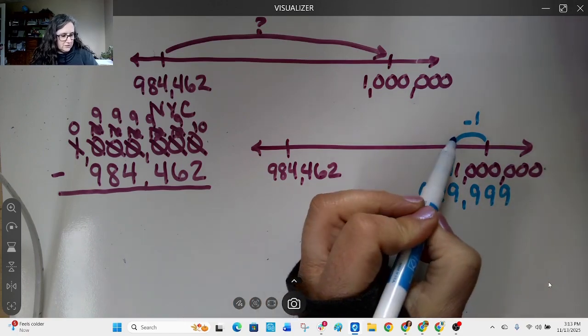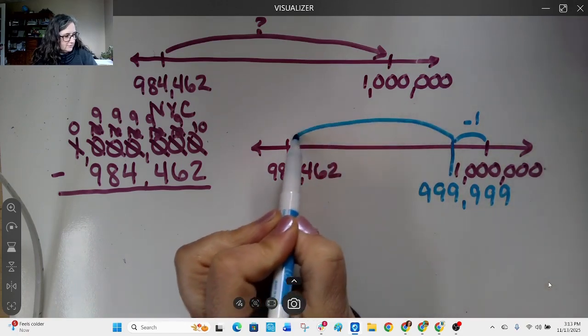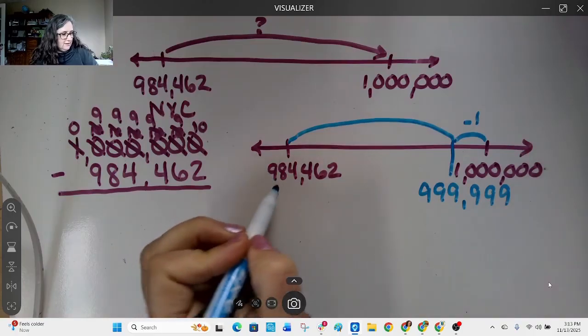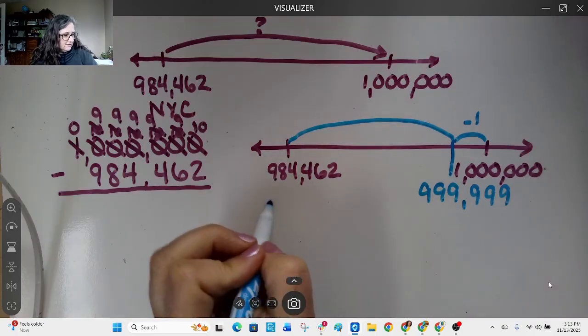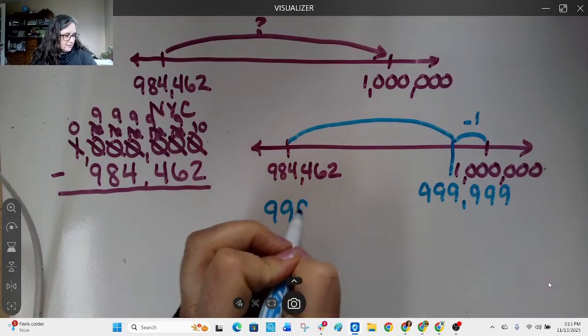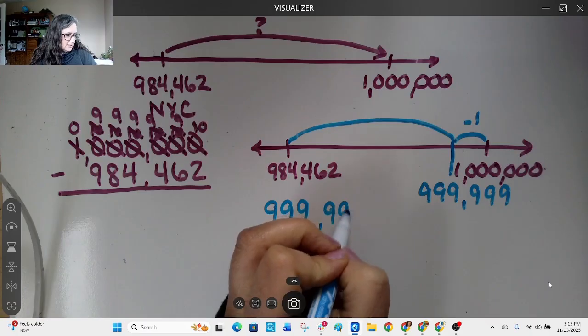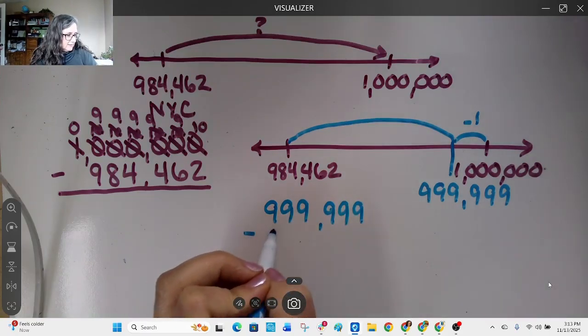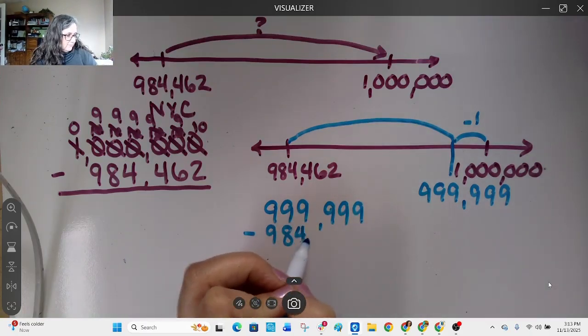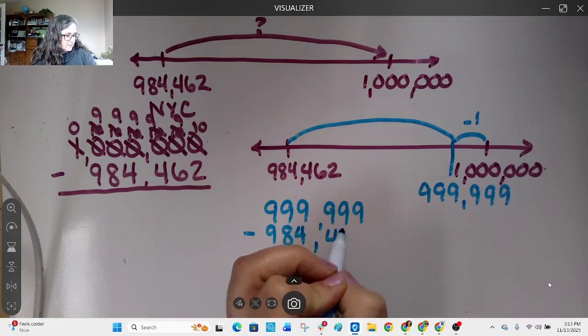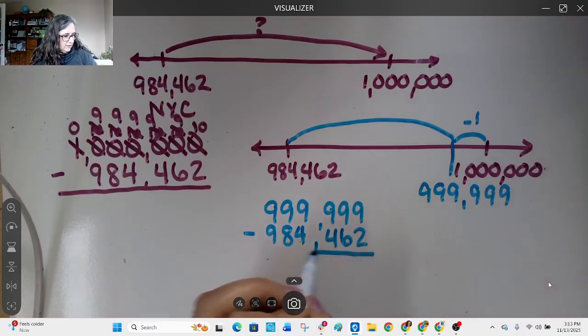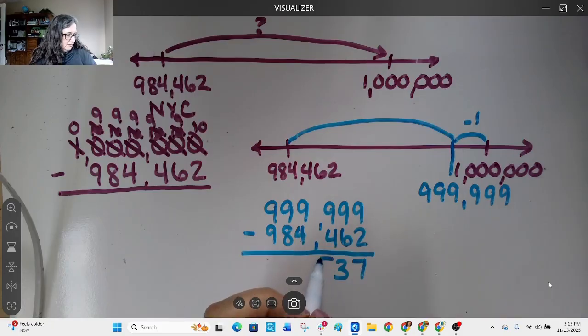And then I'm going to subtract to get the difference. So I will say 999,999 minus 984,462. And I'm going to do my subtraction. And I get